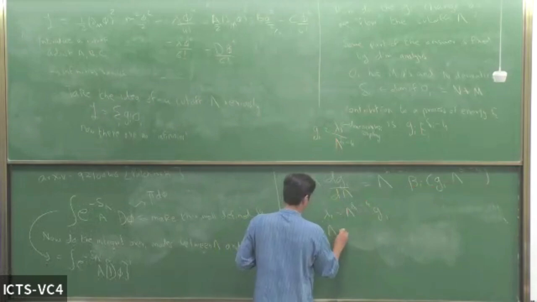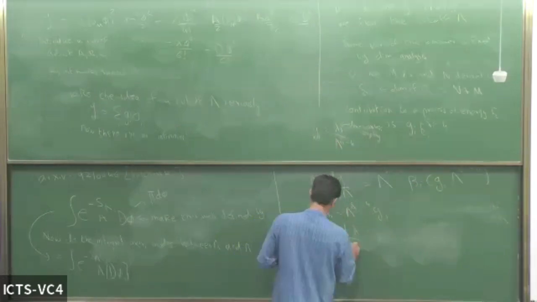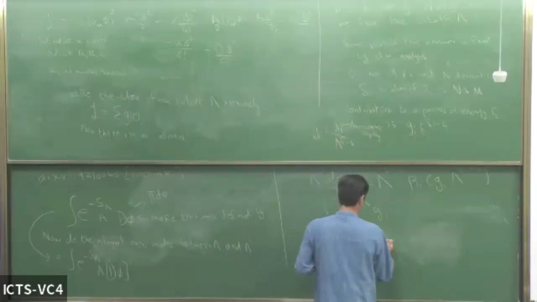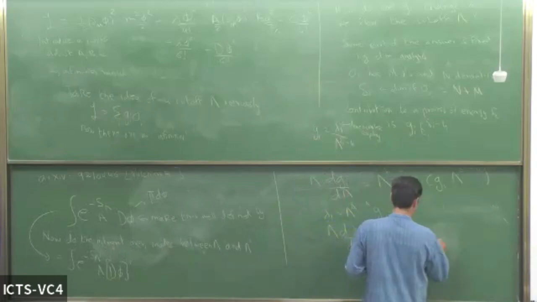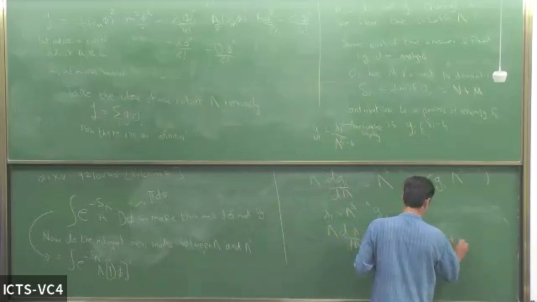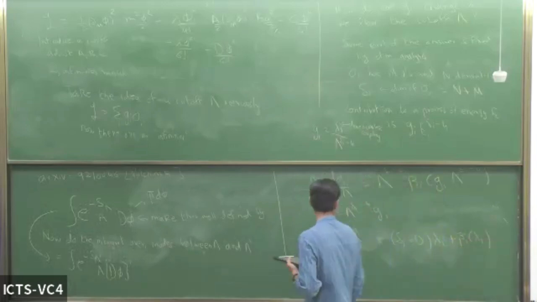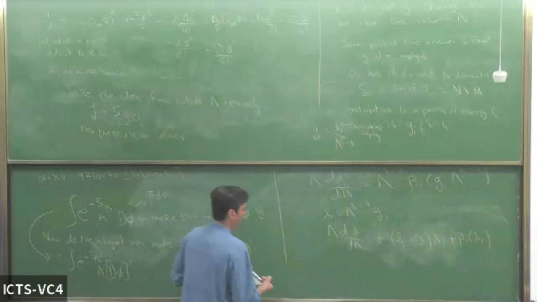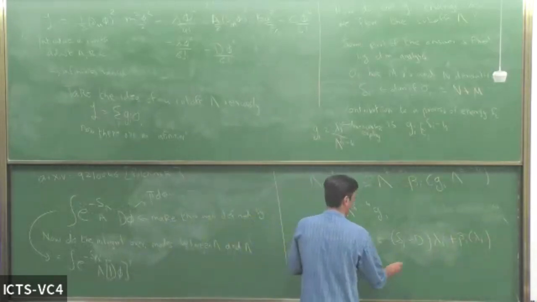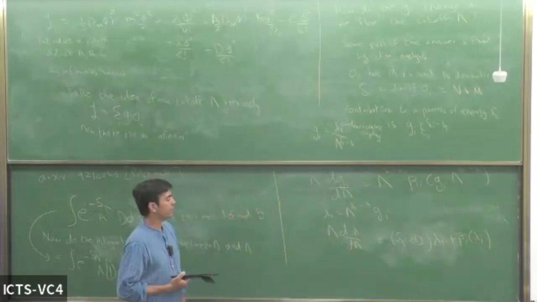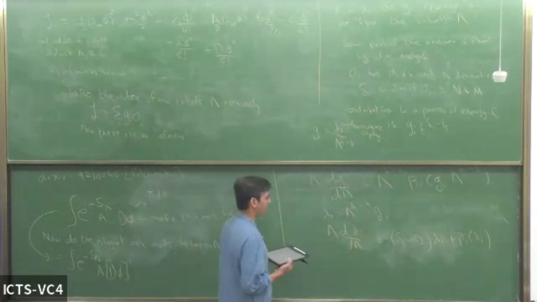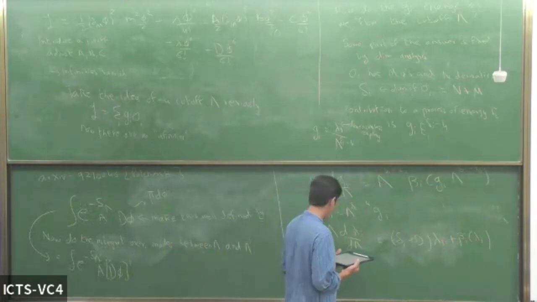Now you see, just by dimensional analysis, in terms of this lambda, we can write d lambda_i by d log Lambda equals delta_i minus D times lambda_i plus beta_i(lambda_i). I didn't do anything here. I just replaced this in terms of these dimensionless parameters here. You see now what this tells you already.